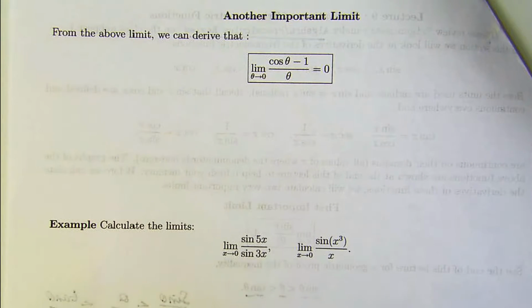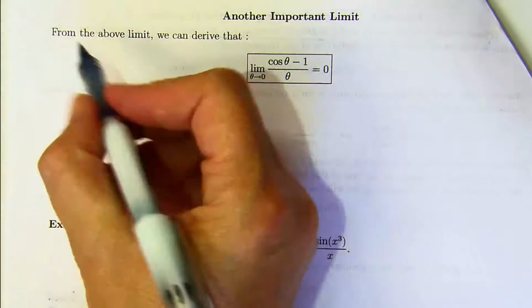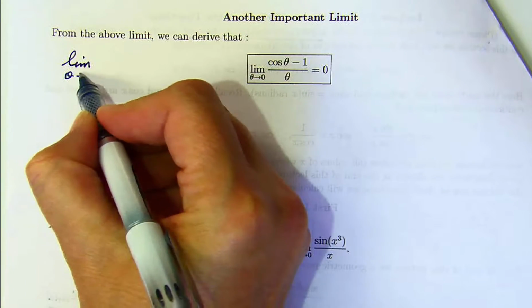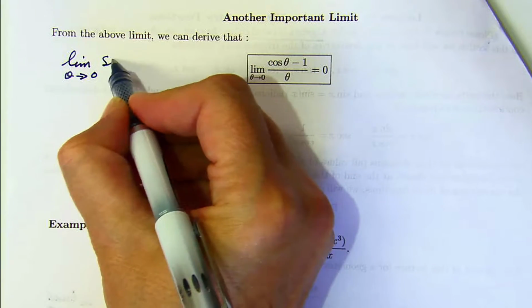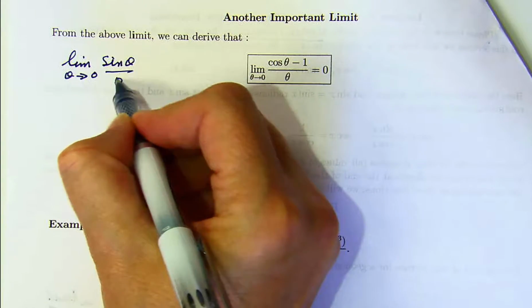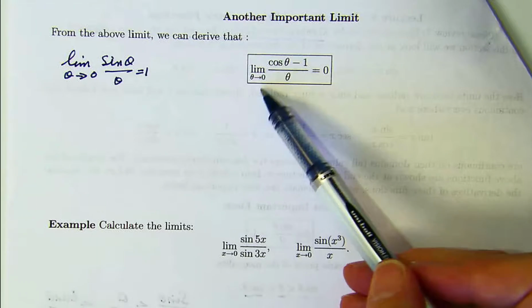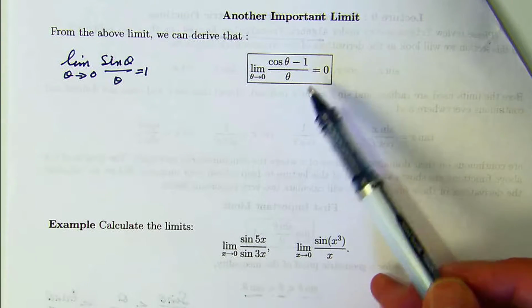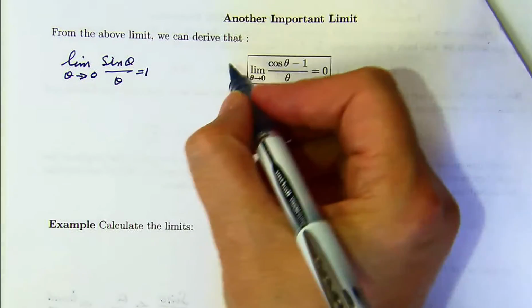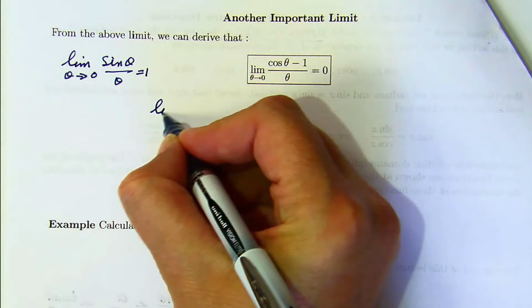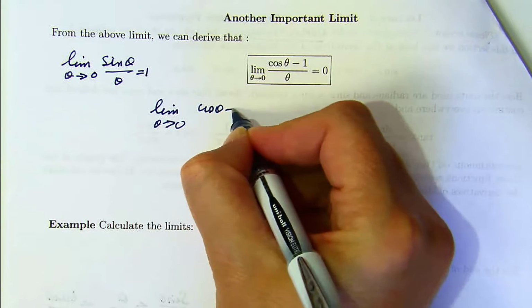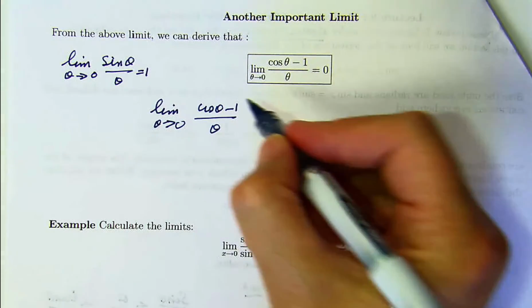We're going to use the limit as theta goes to 0 of sine theta over theta equals 1 to derive another important limit, namely that the limit as theta goes to 0 of cosine theta minus 1 over theta is 0. So let's look at this limit. The limit as theta goes to 0 of cosine theta minus 1 over theta, and we're going to try to